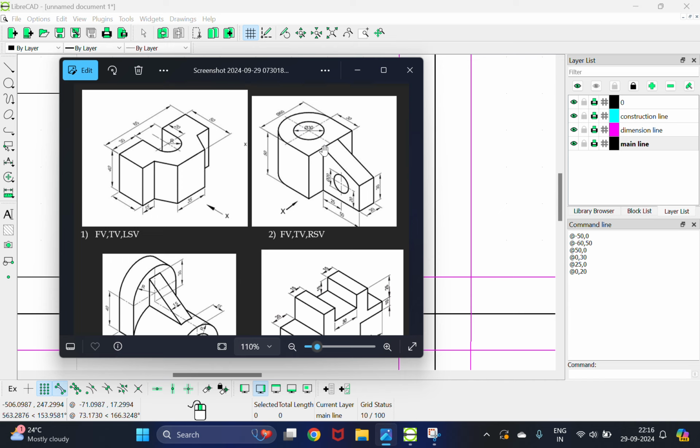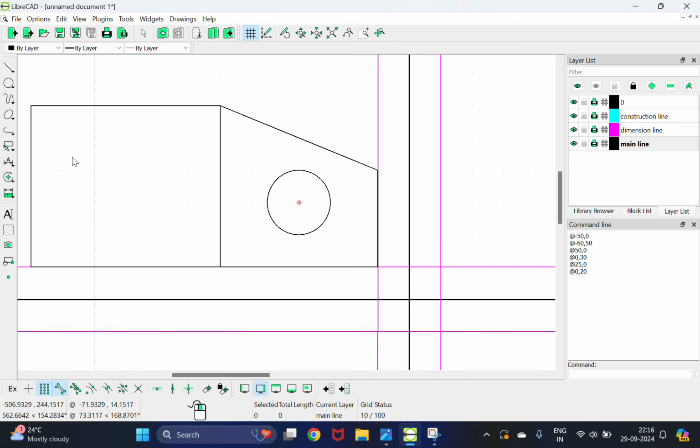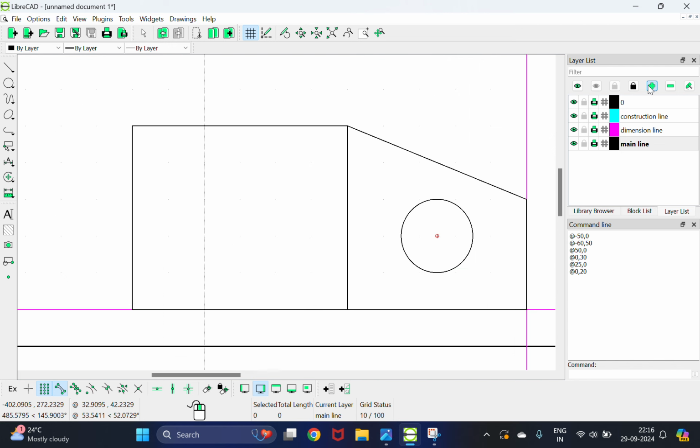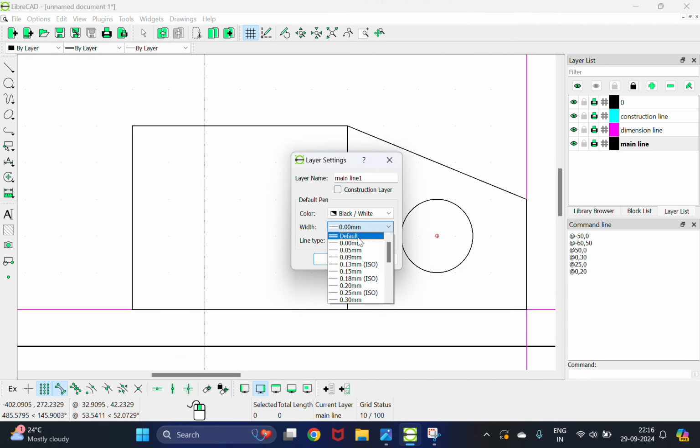So you can just say this 30 is going to be the diameter, and this is the whole 60. So 60 minus 30 is going to be 30, and it is of two portions, so 15, 15 each. Since it is a hidden edge, we are going to have something different, like we are going to make a main line of